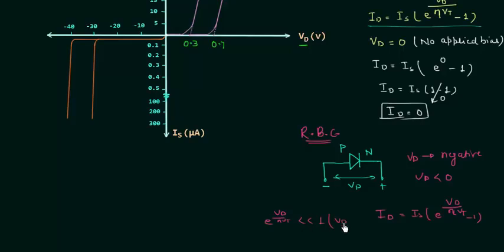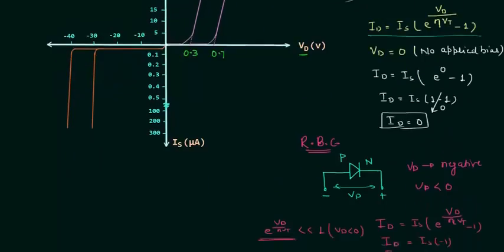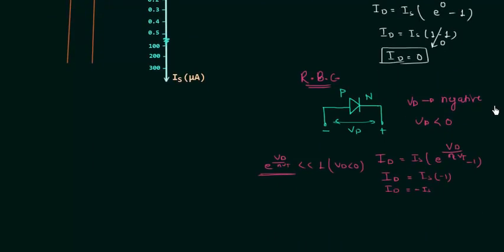So we can neglect this term, and we will have ID equals IS times minus 1, or we can write ID is equal to minus IS. So the direction of current in the case of reverse bias condition is opposite to this direction, and we have only one current in the case of reverse bias condition, and that is the reverse